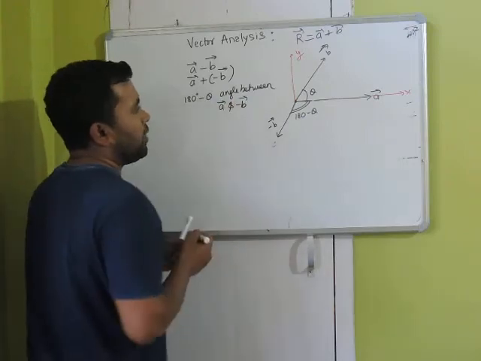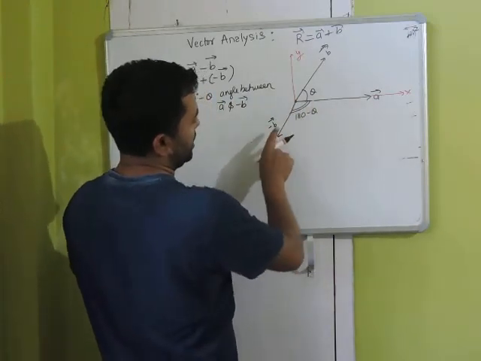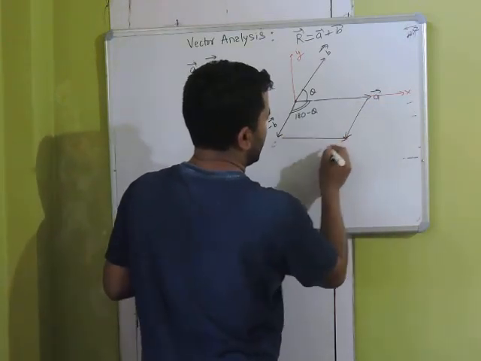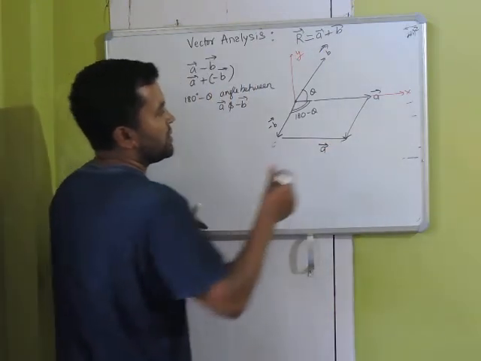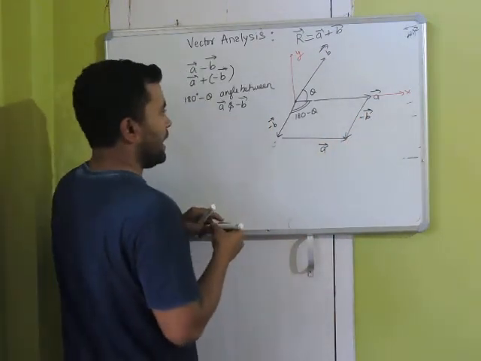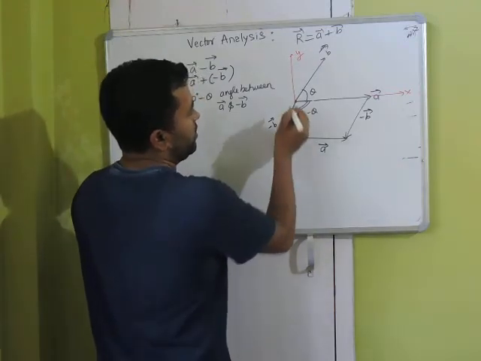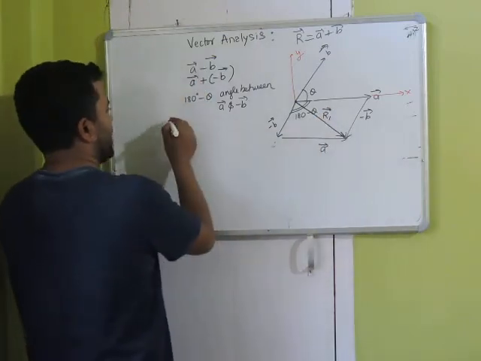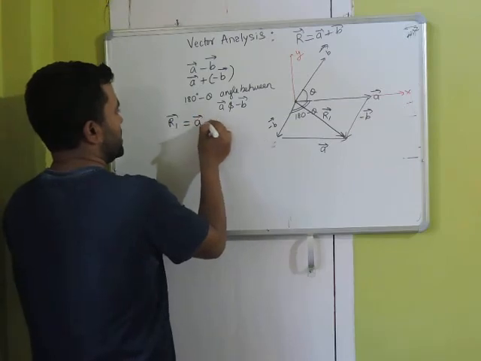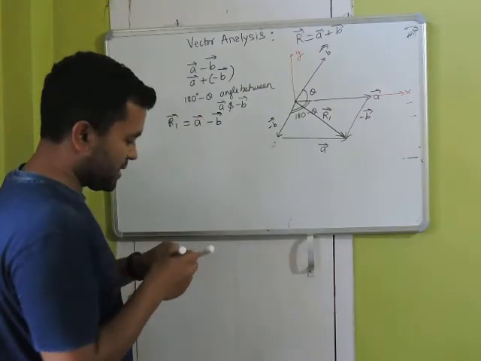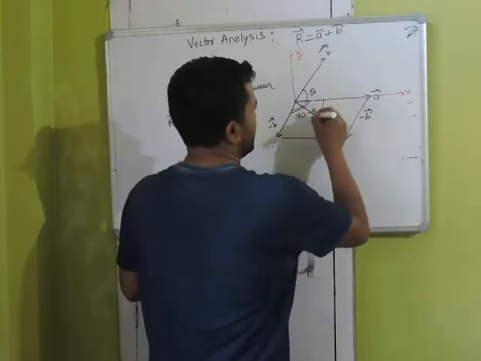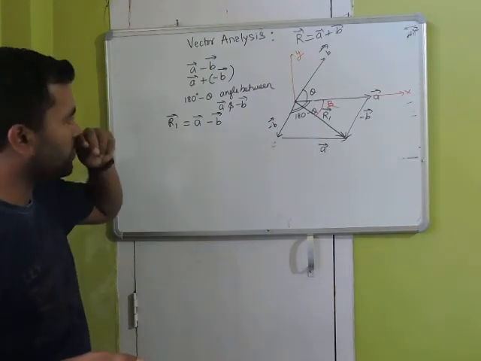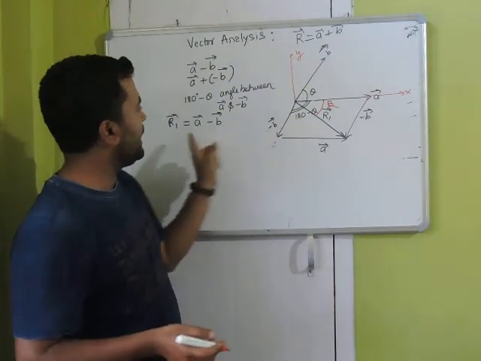Now how do we add them? We can't add them directly because they don't represent adjacent sides of a triangle. So I will draw vector B here, and vector A here. So you can see this is minus B, and the resultant will be in this direction. I am writing it as R1, and this R1 is nothing but A minus B. Now let us say it is acting at an angle beta. Now what is the magnitude of this? We found the magnitude of A plus B. What will be the magnitude of A minus B?